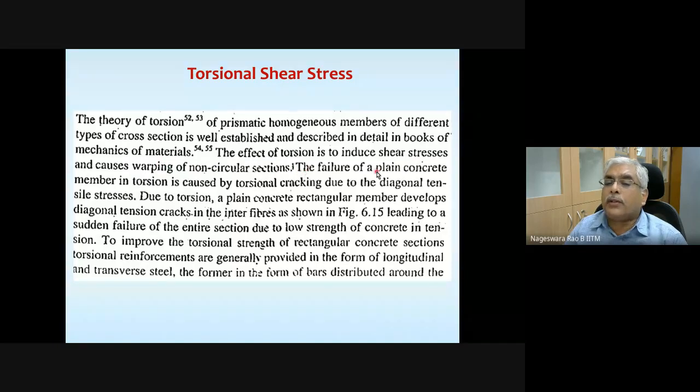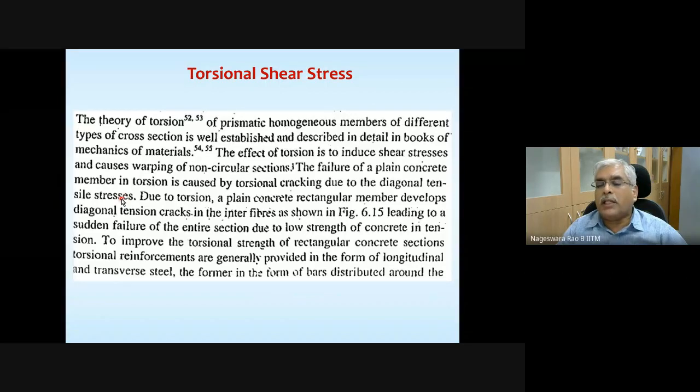The failure of plain concrete member in torsion is caused by torsional cracking due to diagonal tensile stresses. What this torsional moment is going to do, when you subject this cross section to this torsional moment, it induces shear stresses.